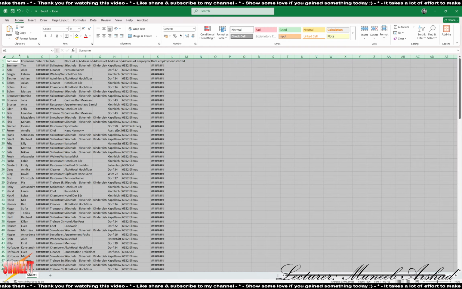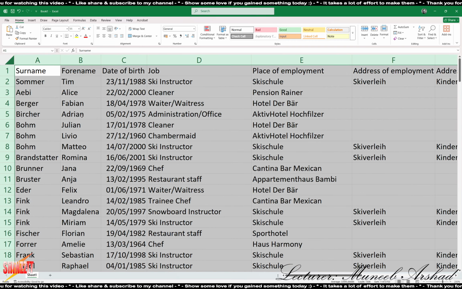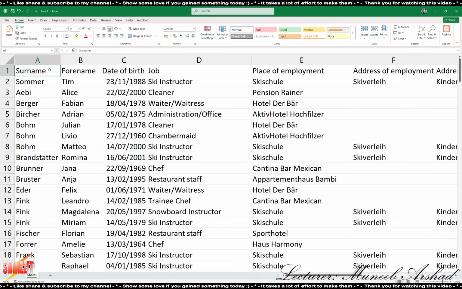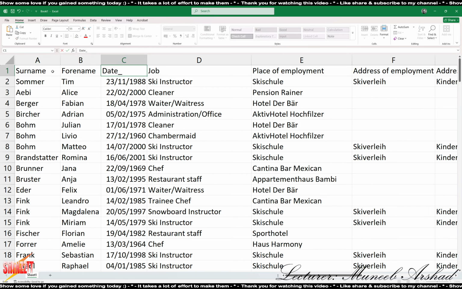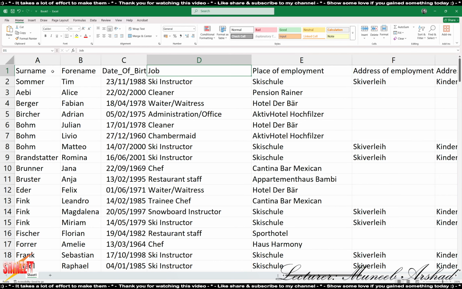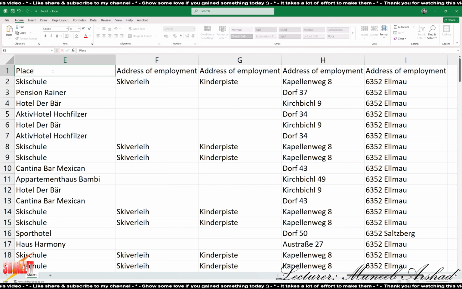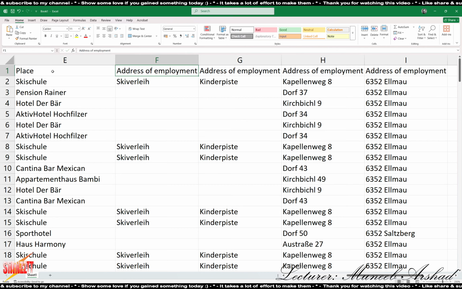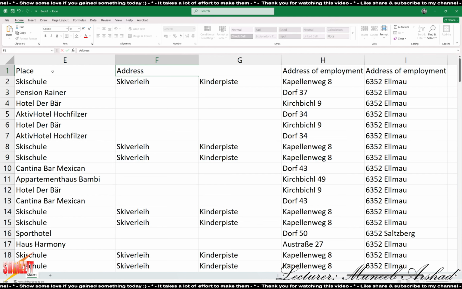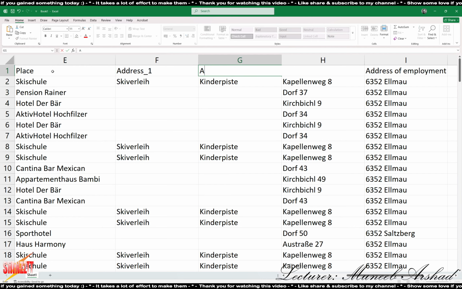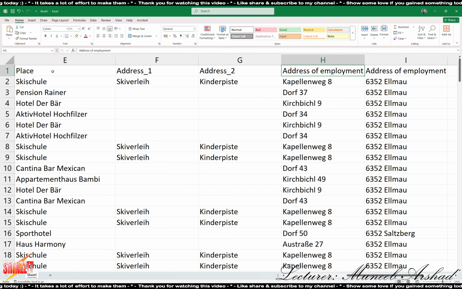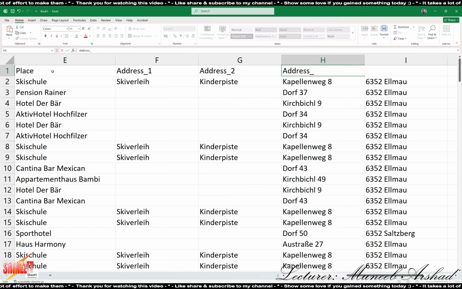Best fit your data. The very first thing that you must do is your field names. So surname is fine, forename, date of birth can be date of birth. Then we have job, place of employment, where he actually works. So it can be just place, it can be employer. It's up to you. Address, let's say 1. This is address 2, address 3,